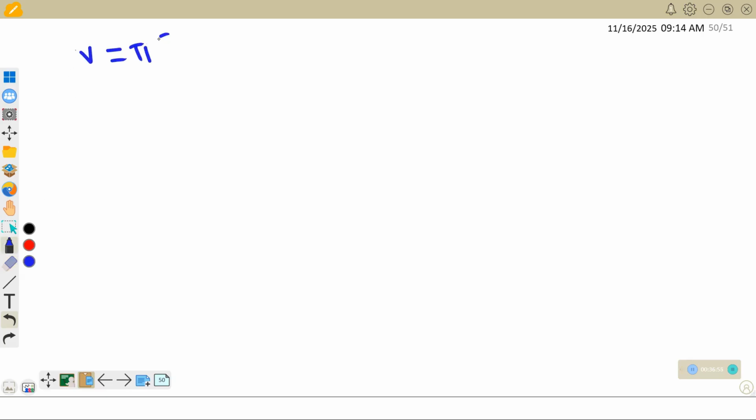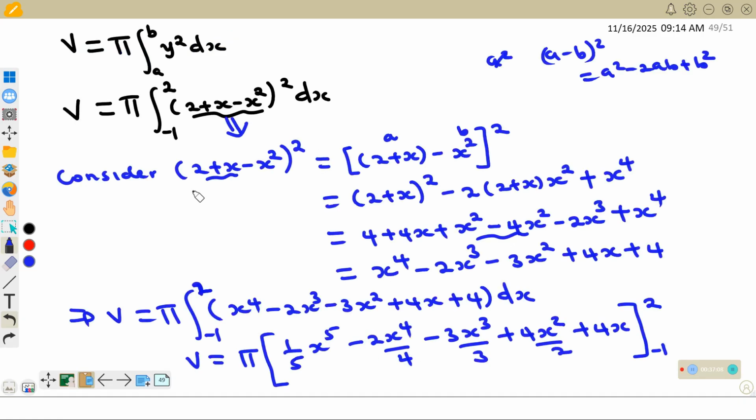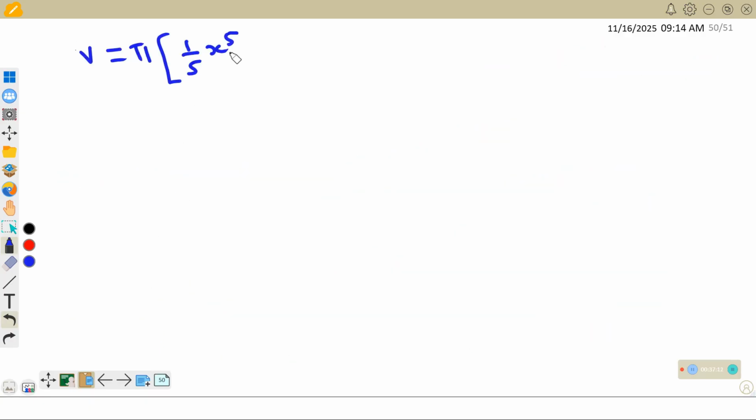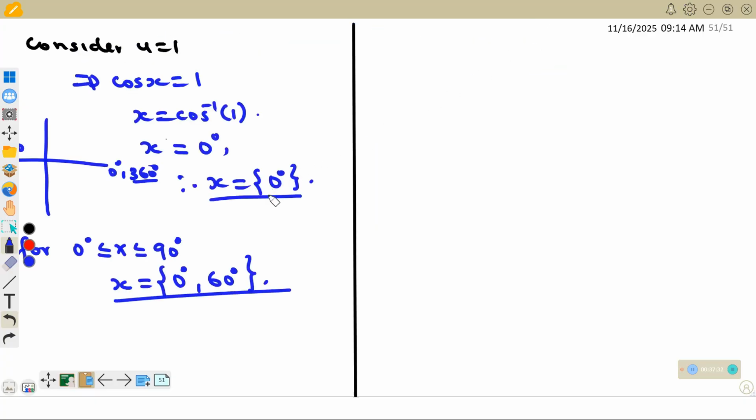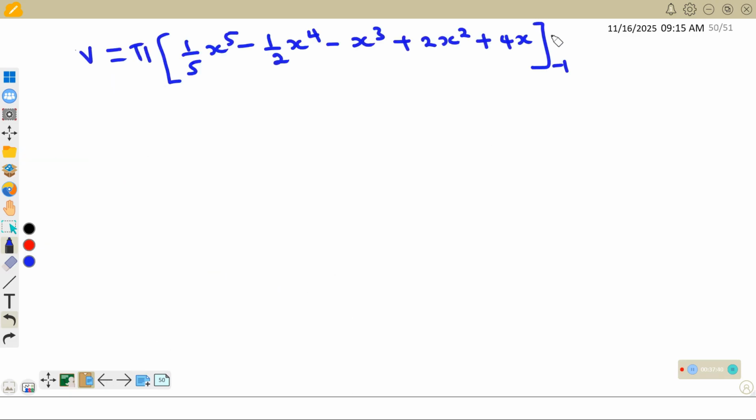which is equal to pi into, so this will be 1 over 5, x to power 5. Then this is minus 1 over 2, x to power 4, then minus x to power 3, then plus 2x squared, then plus 4x from -1. So this is from -1 up to 2. So v will be equal to